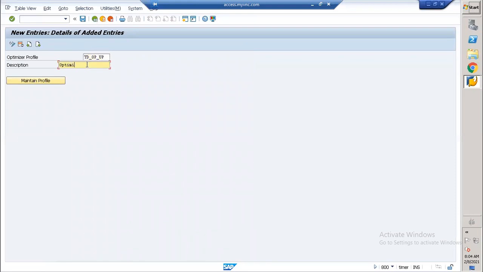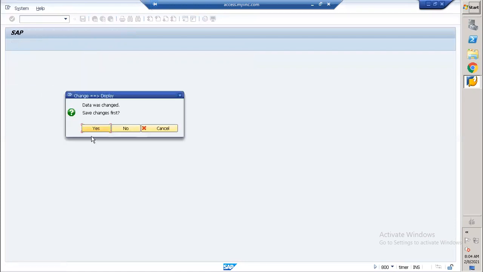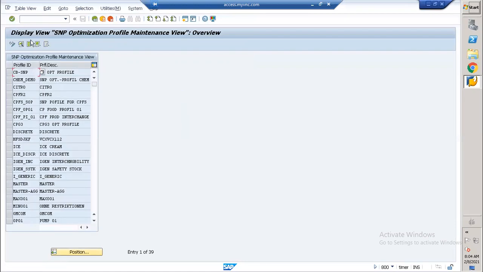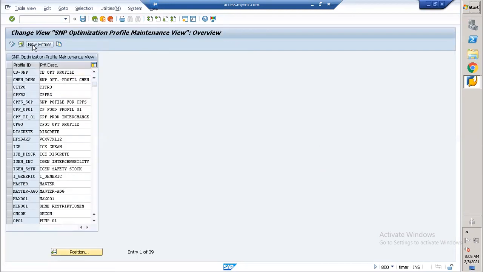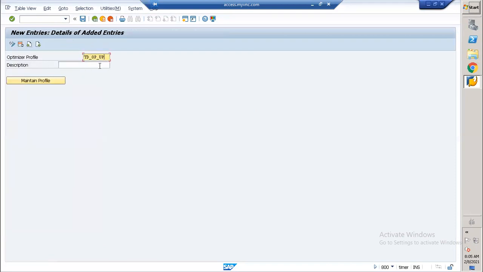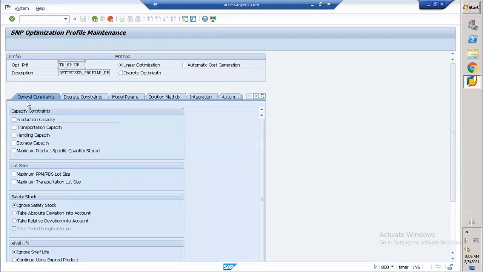Description: optimizer profile underscore UP. Create. If you see here,